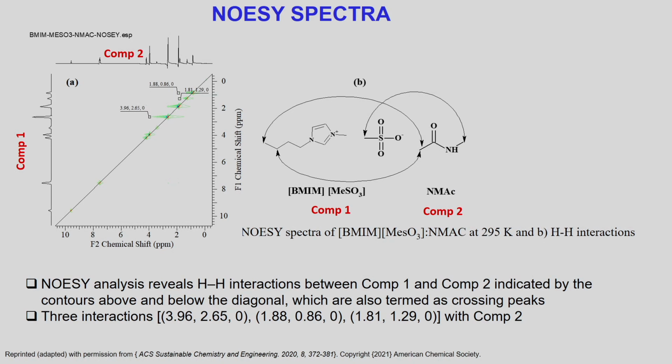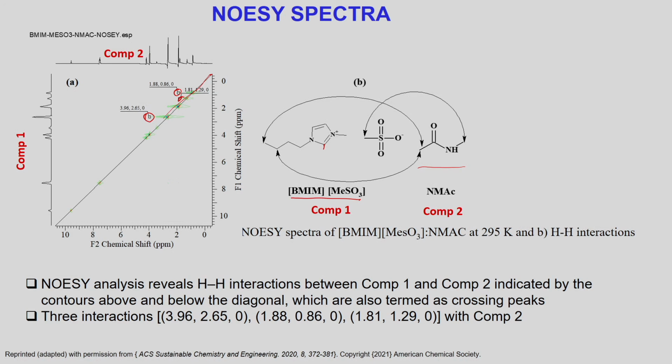Now, another example, this is for a component here. Again it has this very high peak around 9, which is an acidic hydrogen atom, and this is acetamide, N-methyl acetamide. So, this is a spectrum, and let us see what A and B are. These are the first the NOESY spectra, and these are the HH interactions, how they are found to be interacting. Again you see the spectra in the diagonal part. Here you see 3 of them pulling out from the diagonal. So, these 3 are very important.